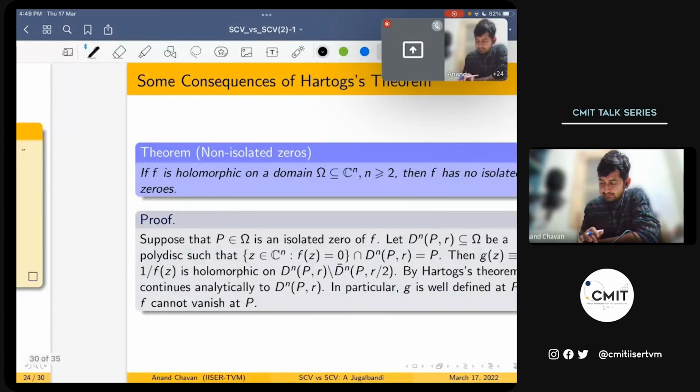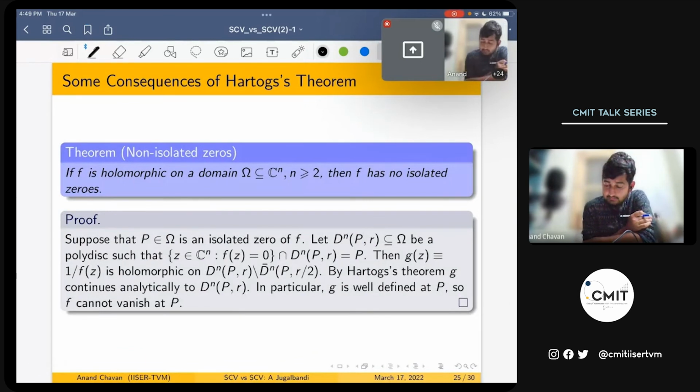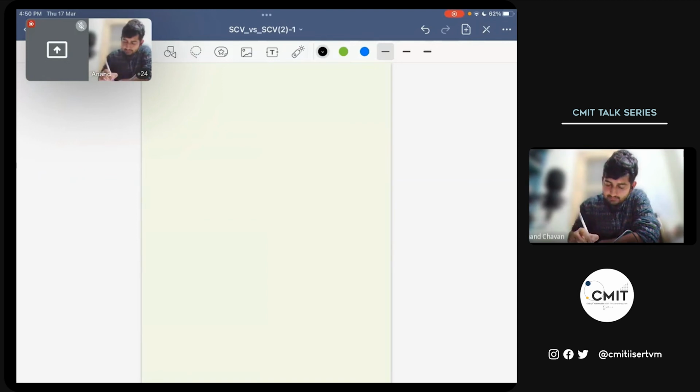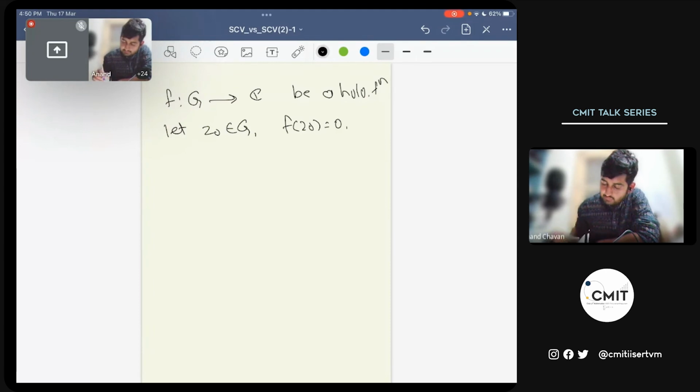Let's see the next result, where several complex variables stand alone. In single complex analysis, we have a theorem that the zero of a holomorphic function is always isolated. What do I mean by that? Let f from G to C be a holomorphic function, and let z naught belonging to G be its zero, which means that f(z naught) is 0. Now it states that z naught is isolated,